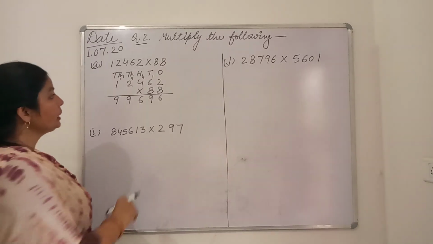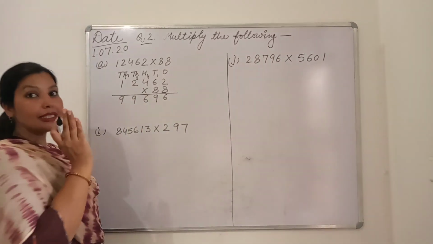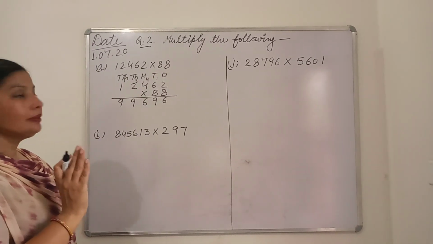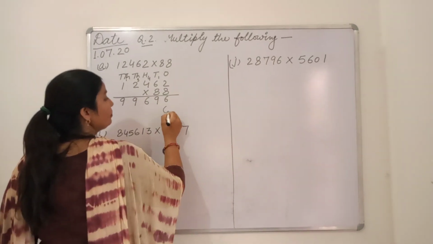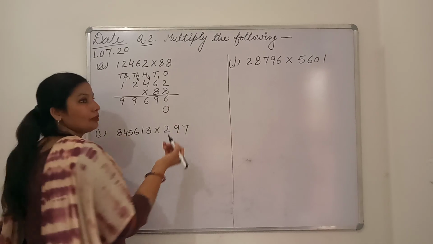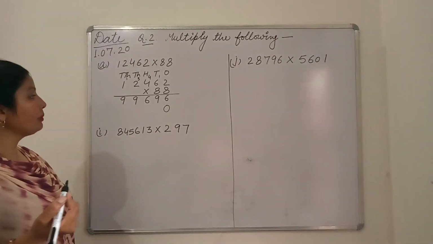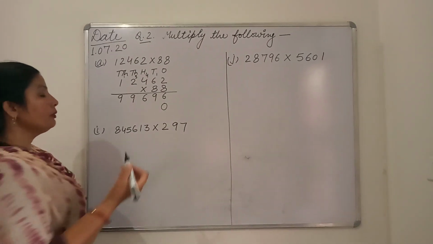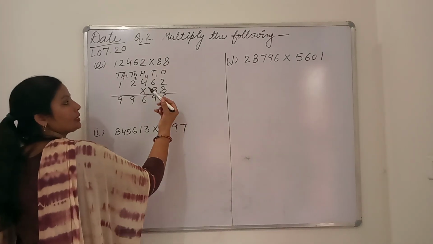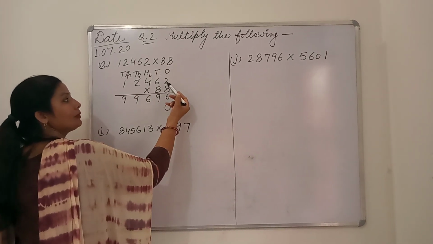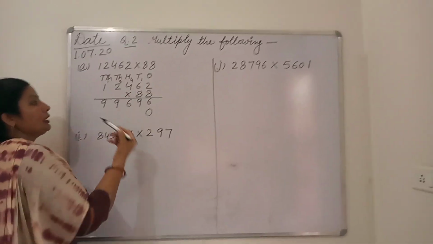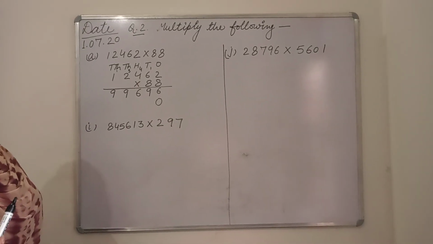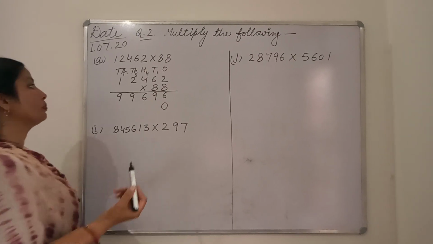Now we have here 8 tens. 8 tens means 80. So in 80 ones column is 0. So we can make here 0 and we can make here cross, as always. We can do cross also, we can make 0 also. Now we should multiply by 8 tens. This tens will multiply by ones also, by tens also, by 100, by 1000, by 10,000. By all columns we should multiply 1 by 1.